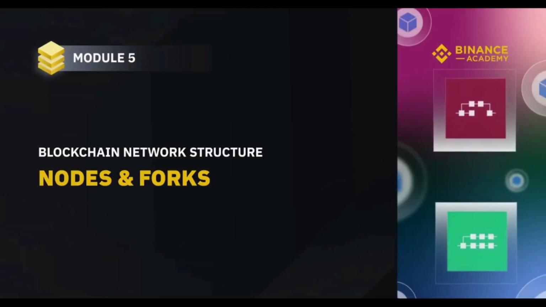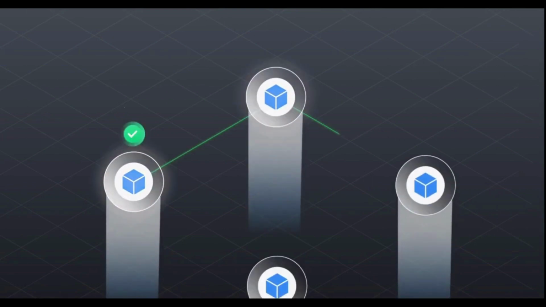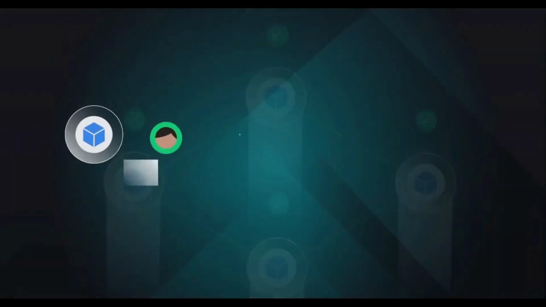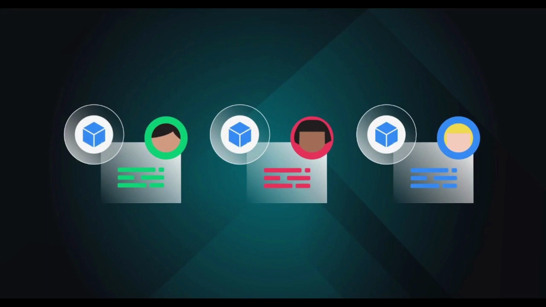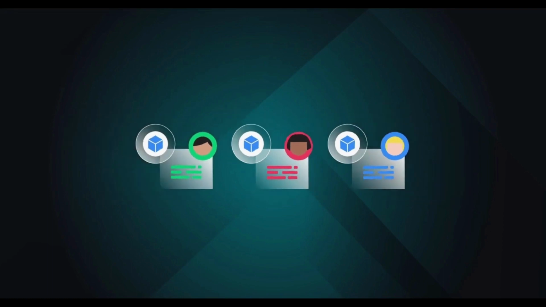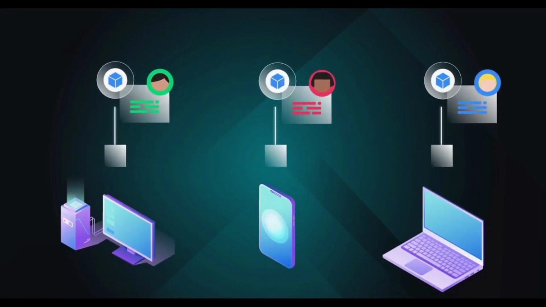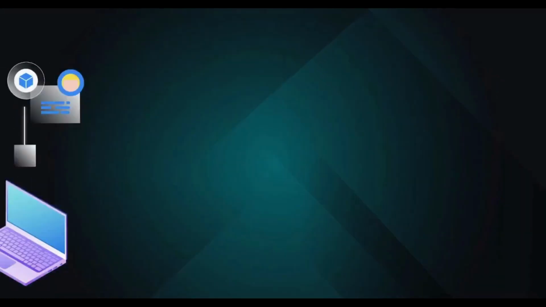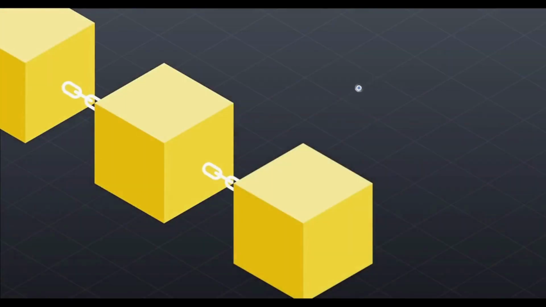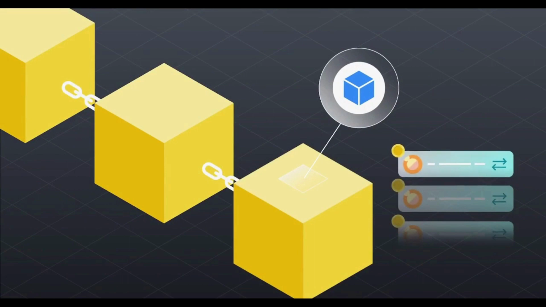In this module, we'll discuss the different kinds of nodes, blockchain network structure, and how conflicts are resolved in a permissionless setting. In blockchain systems, not all nodes are the same. Under the broadest definitions, any machine that interacts with the network in some way can be considered a node. So far, when we've talked about nodes, we've been discussing full nodes, nodes that have a full copy of all the blockchain's transactions.